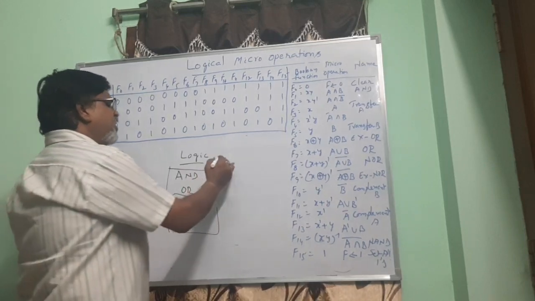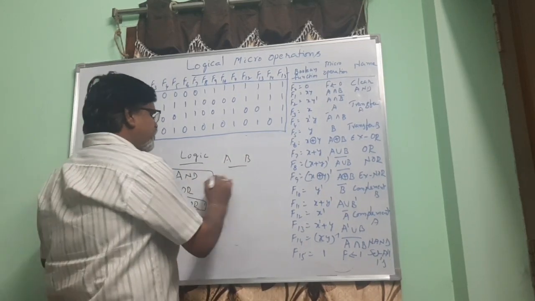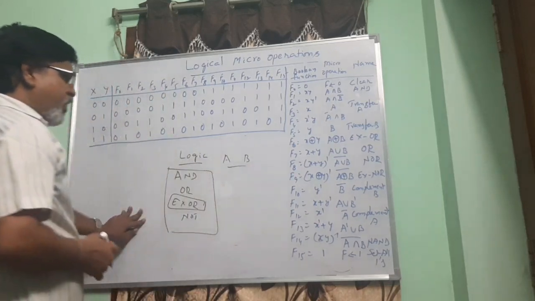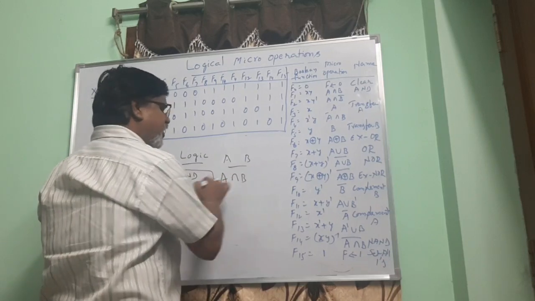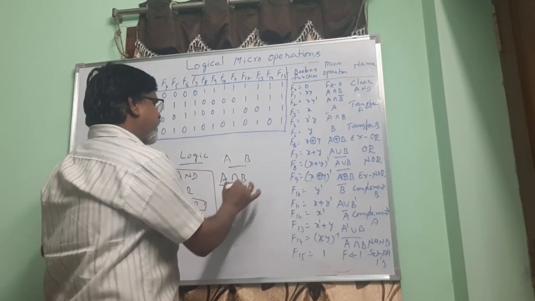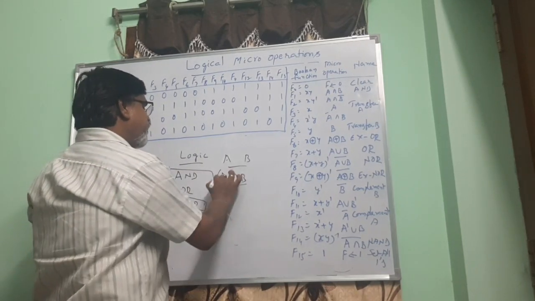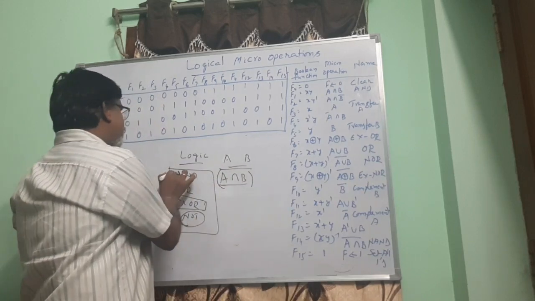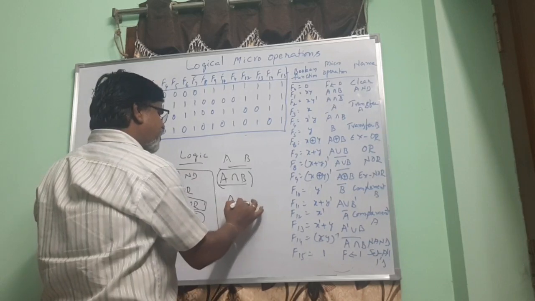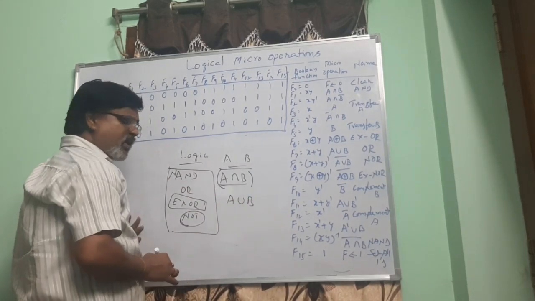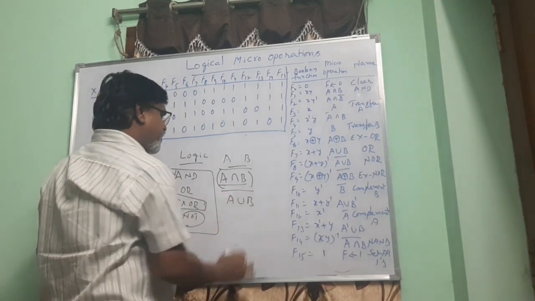So for example, if there are 2 inputs A and B, and you want to perform A and B, this is the micro operation A AND B. Once you can do this, with the NOT operation which is available, you can get NAND. The same way, NOR also. A union B is the OR operation, and again with the help of the NOT operation, this can be converted to NOR.